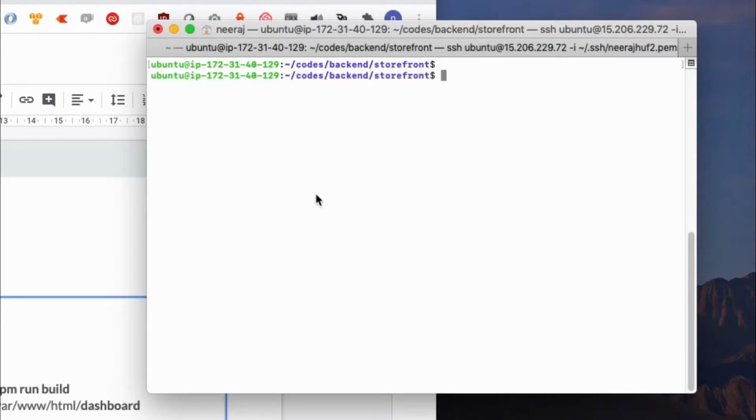Before exporting, I just want to see whether my variable, which is API URI, is available or not.